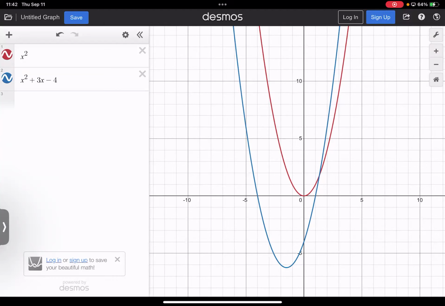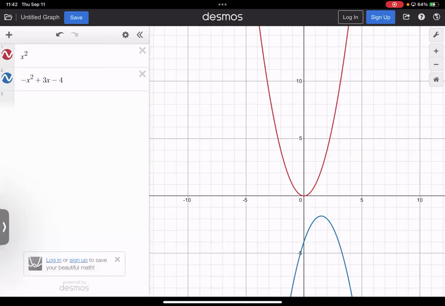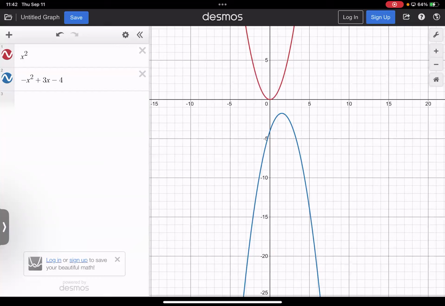What if you do something crazy, like a negative? Well, same shape, just look, flopped down, right? Same shape though. And so getting to know these toolkit functions, as I call them, and the textbook calls them, it's going to be really useful in just figuring out general shapes of functions, right?